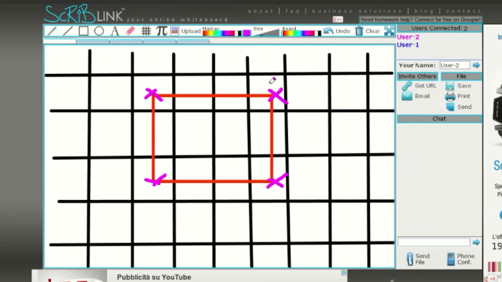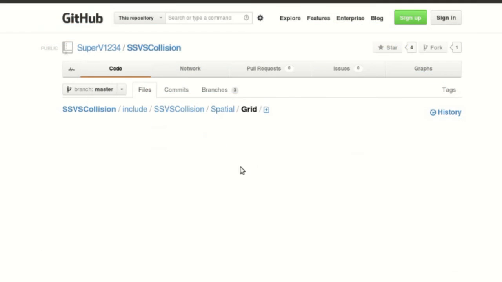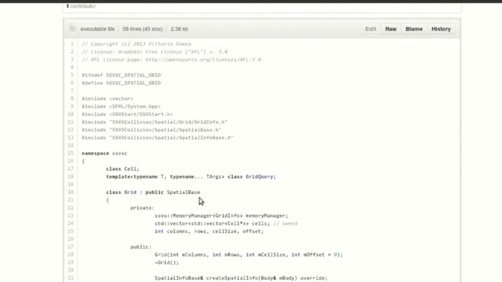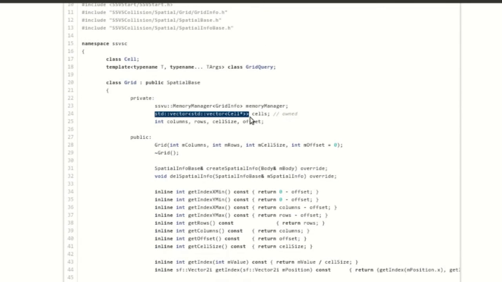But you can see how it works basically. So if you look at the grid header file, the one I sent you, you see that the cells are